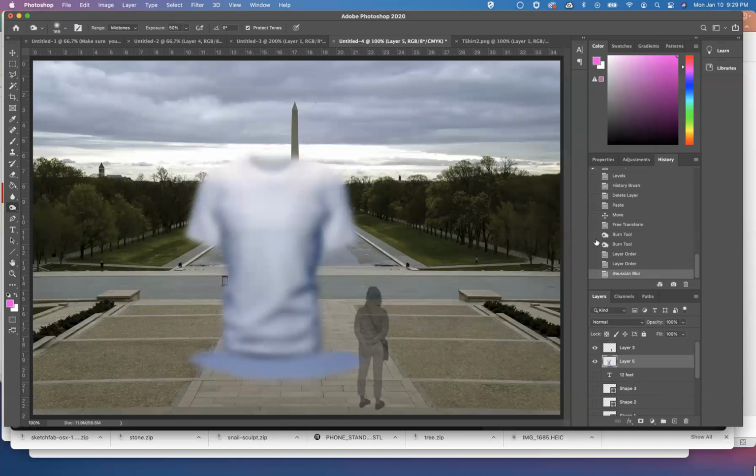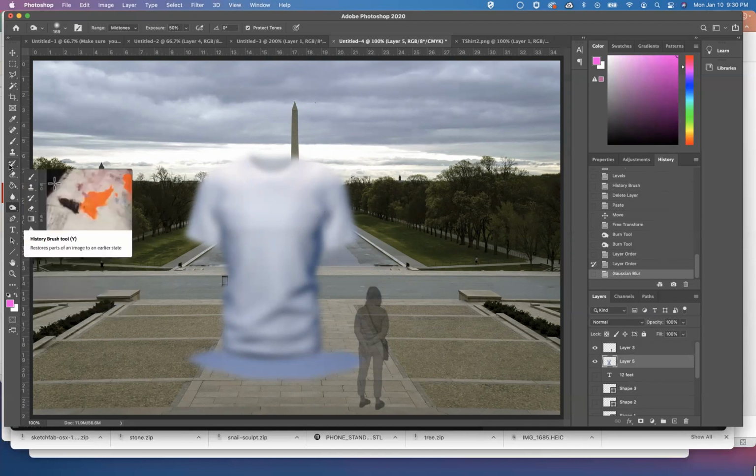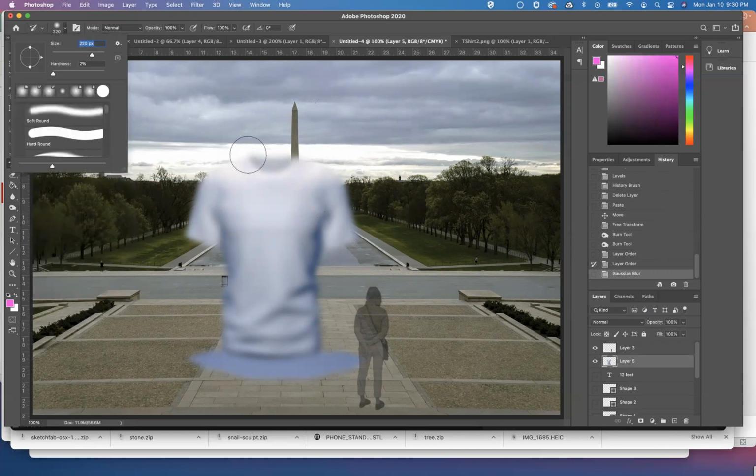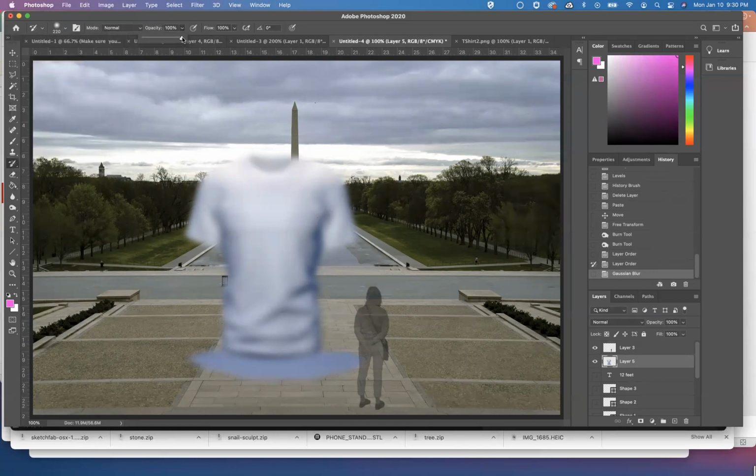There's little boxes in the history. If you click the layer previously, it looks like this. Forward looks like that. So if I click this layer here, I can actually paint with the previous action. So what do I mean by that? There's a tool called the history brush. If I click on this, I'll make this a little bit bigger, so it's a big tool. And then I'm going to make sure the opacity is 100%. And now, with it checked on the action previous to the blur, I can paint over this and it'll bring the top of the t-shirt back to its original clear state,